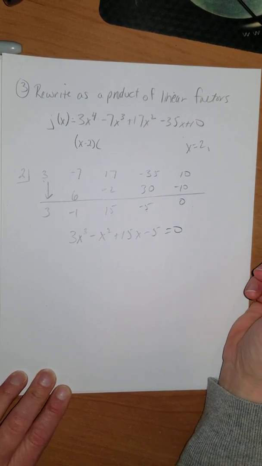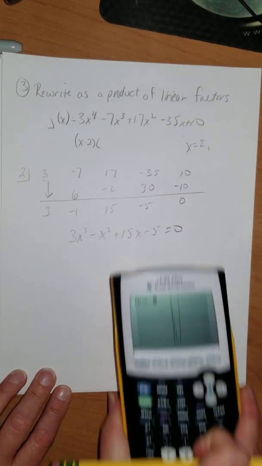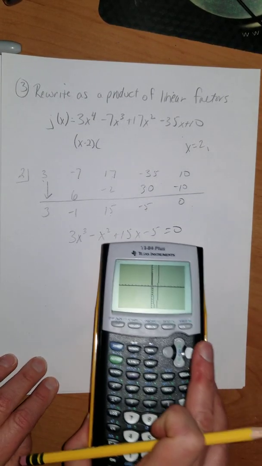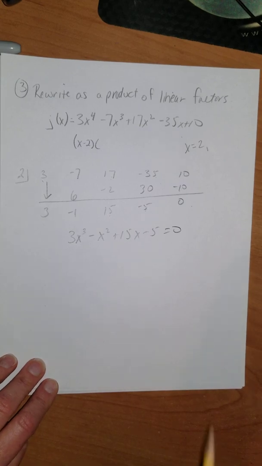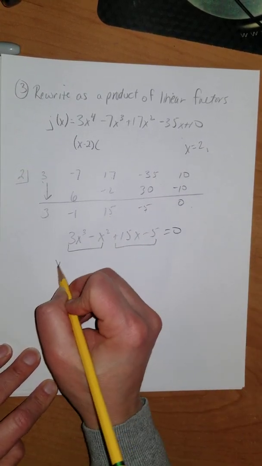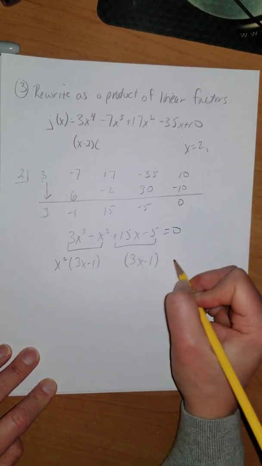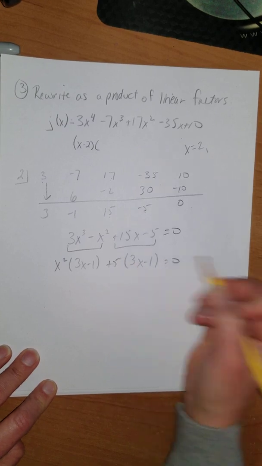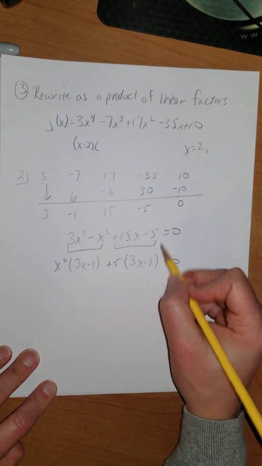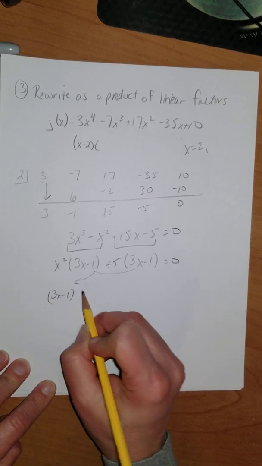I'm feeling like I might have gotten lucky here, you guys. I don't think I have to use my calculator to find that guy. Sorry, that guy, because there are 2. There's another real one, and we're going to get it through factoring. Let's group these guys together. GCF for the first group, and I need a 3x minus 1 from the second group. If I take out a positive 5, that works. That's 15x minus 5. So in each group, I can take out a 3x minus 1,